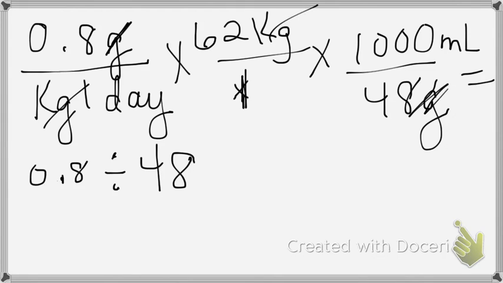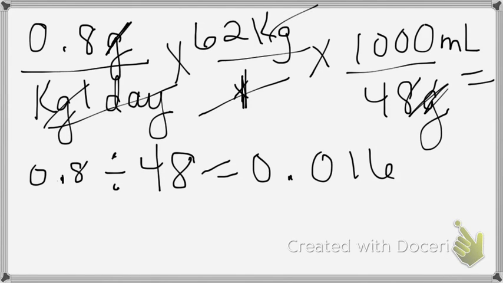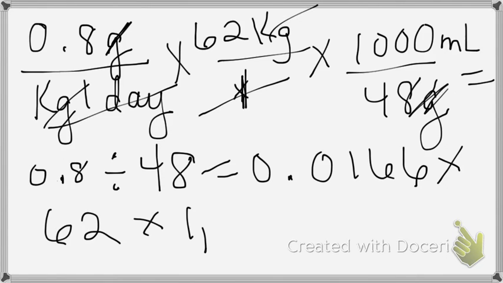Because you have your 0.8, this is already canceled out, that's canceled out, and you have your 48, so let's do that. That's going to equal your 0.0166. Okay, and then you're going to times it by your 62 and 1,000. And that's going to give you